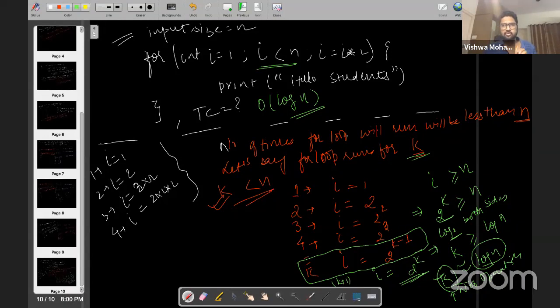So if you're able to solve those 5 problems, my expectation is not that I want the answer. My only expectation from you guys is at least give it a try. And in the next session, when I'm discussing it, you listen to it. One thing that I can guarantee you is that you will never face any problem in finding time complexity in any of the questions. That said, I'll take a few of the questions now, which have already been asked.